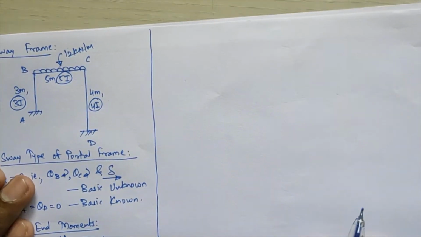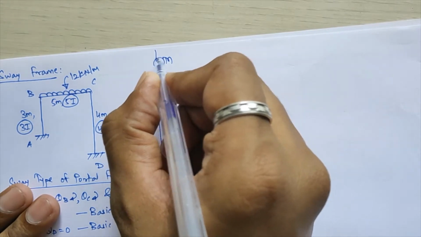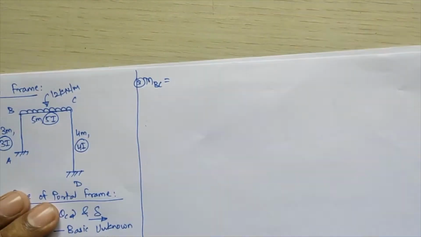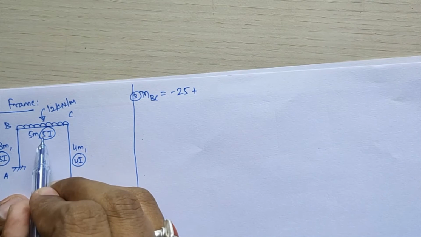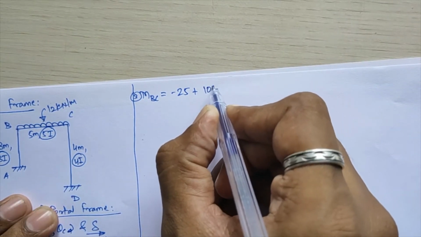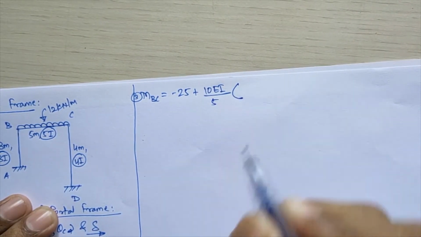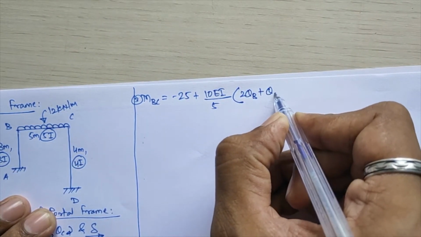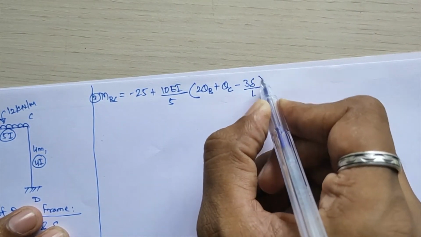Now next equation, that will be for horizontal member MBC. This will be a third equation. MBC is equal to MFBC, that I have calculated as minus 25, so I am writing here minus 25 plus 2EI upon L. So 2EI, I value is given here 5, so 2 into 5, that will become 10EI divided by L of this member is your 5 into bracket. Near end will be your B, so that will become 2 times of theta B plus far end theta C minus 3 delta upon L.